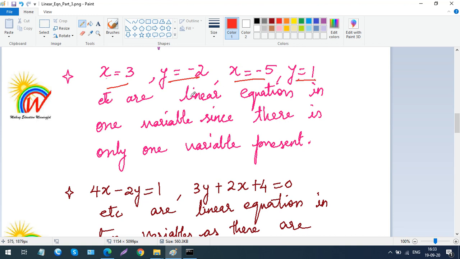See, these are all linear equations. Linear equation, as we have learned previously, means the power will always be 1. So here the degree is 1, isn't it? So this is a linear equation. Here the power is 1, here the power is 1, and here also the power is 1. But if you look at all these 4 equations, they have only one variable, either x or y, right? Only one alphabet is present, not both. So this is a linear equation in one variable, since there is only one variable present.